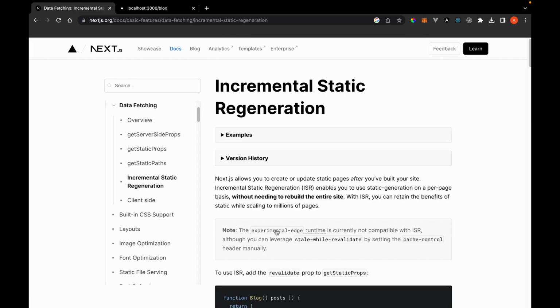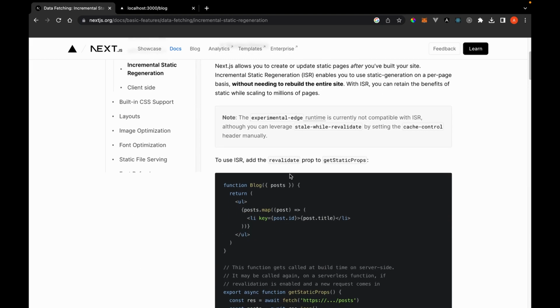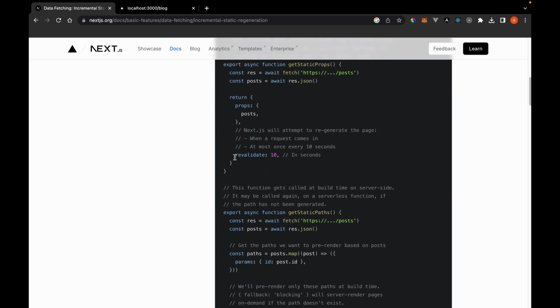Okay, so if we click on this link, it takes us to the documentation, which is ISR, incremental static regeneration. And here we can see that you can pass this revalidate. So in this object that is being returned, if we pass this revalidate and then it takes a number, in this case 10, so this means that Next.js will attempt to regenerate this page. So whenever a request comes into this page, at most once every 10 seconds, Next.js in the background is going